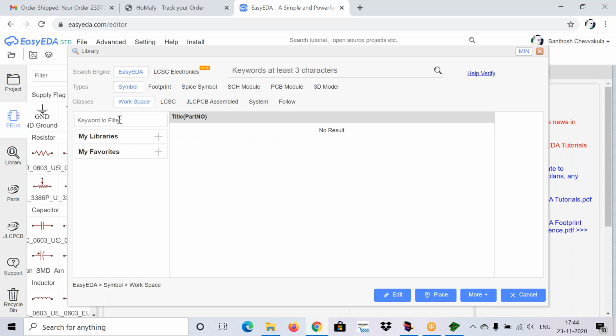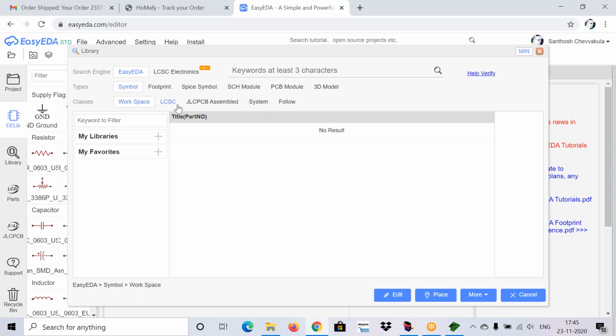Now you can observe this is a window and observe the classes line. In classes, you will have LCSC, JLC PCB, system, and user defined. In classes, we will find the different types of circuit symbol providers.